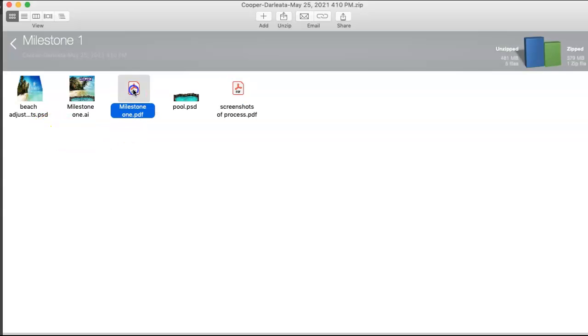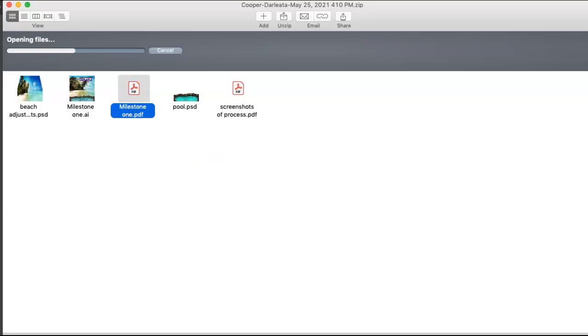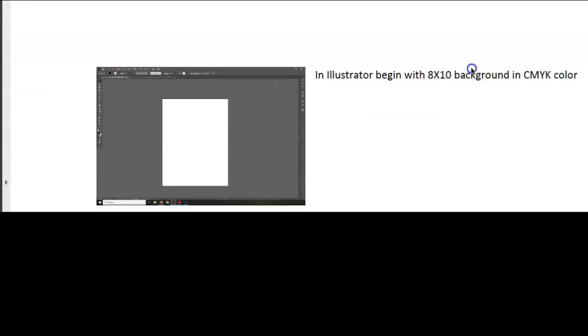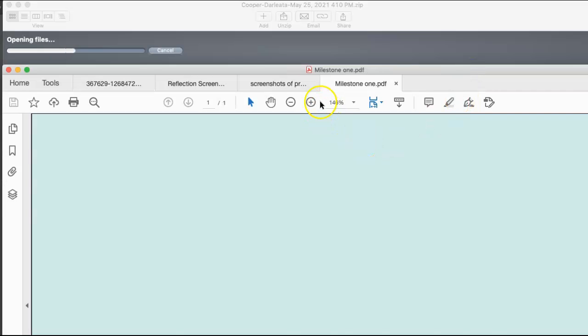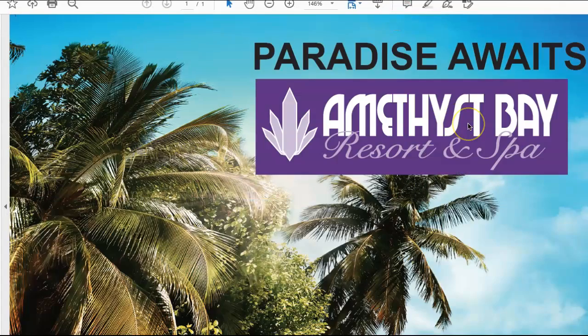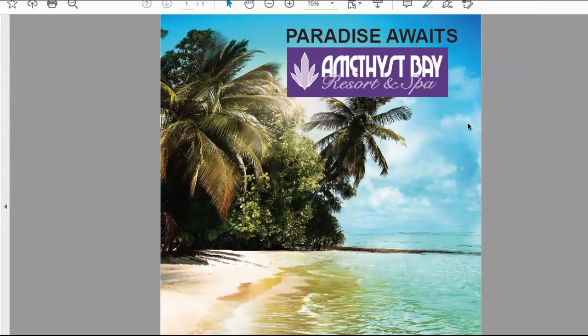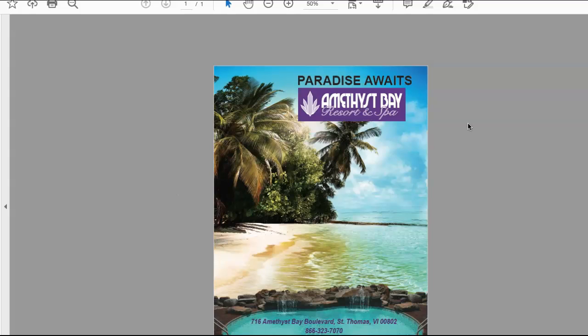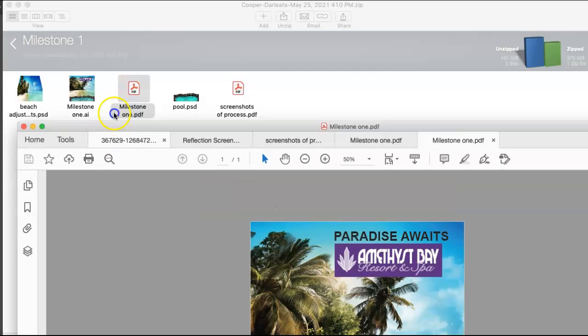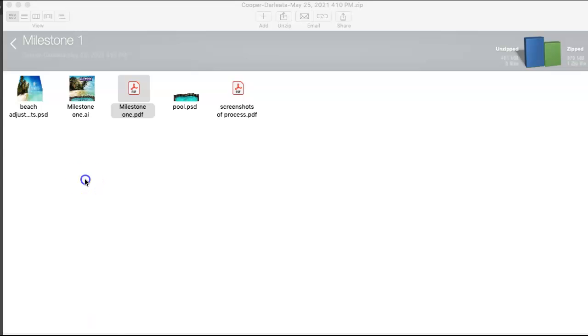And then I'm curious to know what this is. Oh, I see. Okay, that's the PDF of your final print ad. It looks so much nicer, and it's not blue. What I was looking at earlier was distinctively blue. Okay, so that looks good. It looks better, I think, as a PDF than it did.